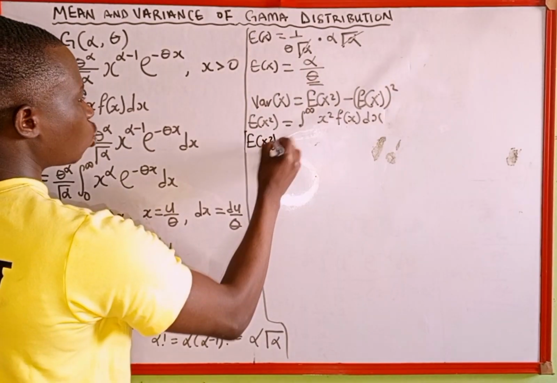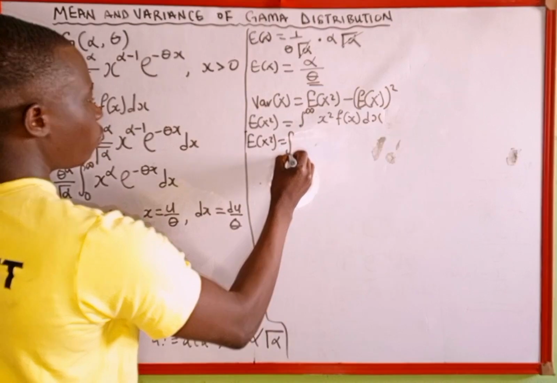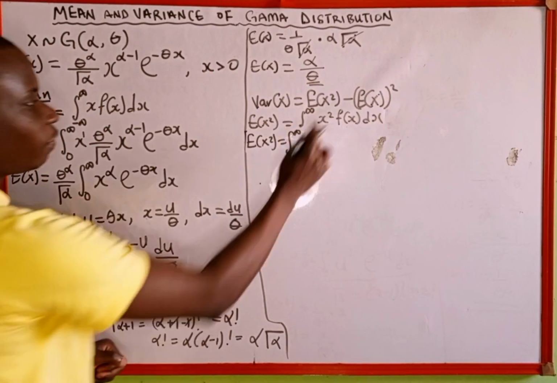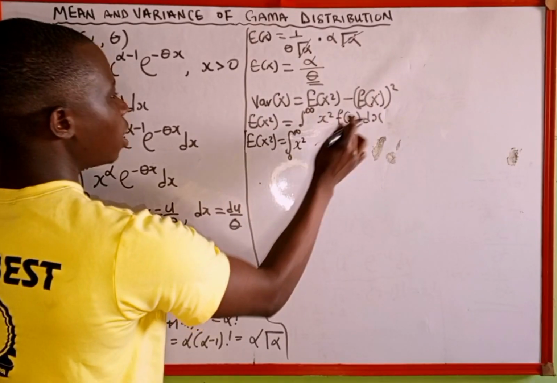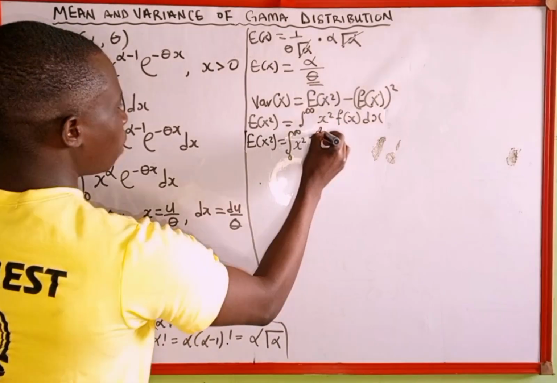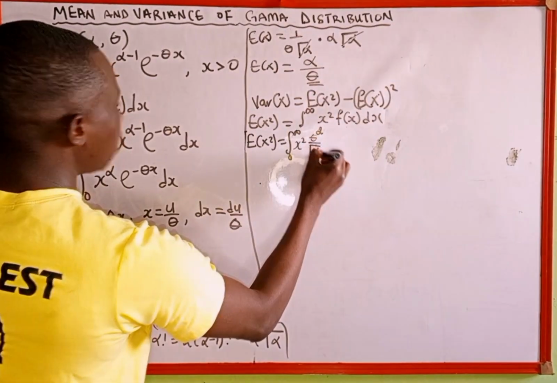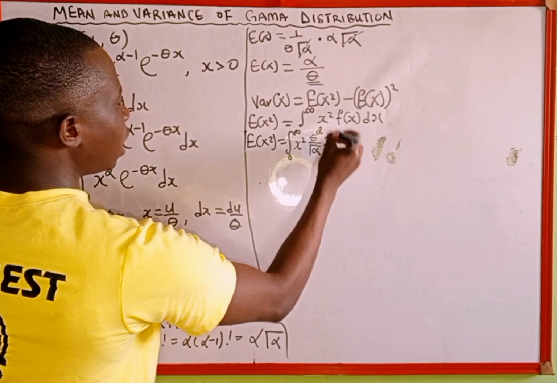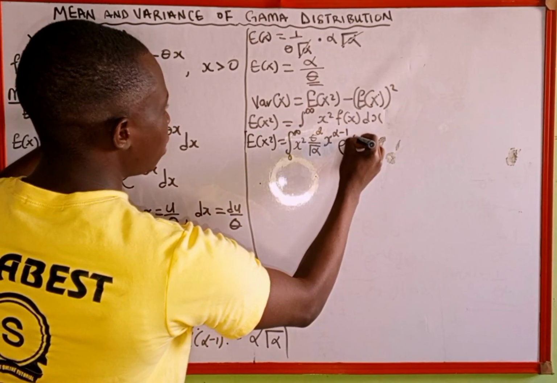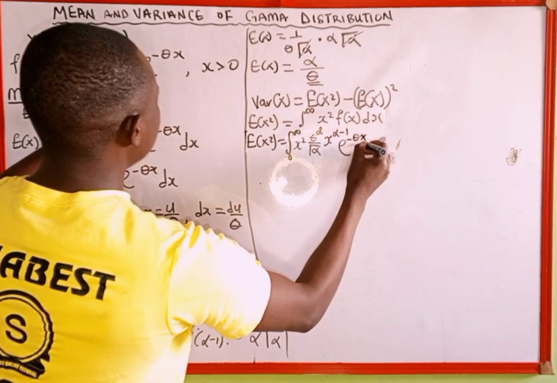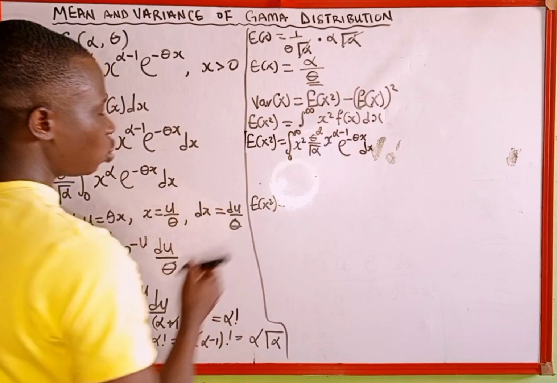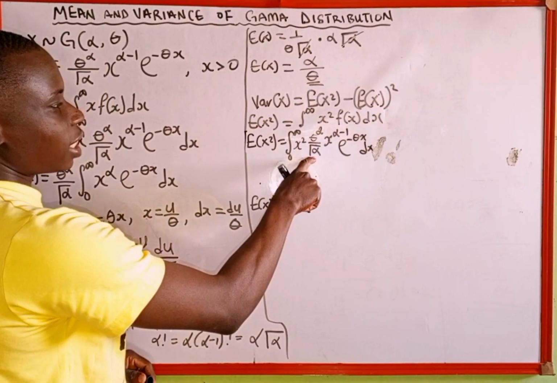Expected value of x squared now will be equal to the integral from 0 to positive infinity. Remember, x is ranging from 0 to positive infinity. Then x squared, then f of x, which is our function: theta raised to the power of alpha all over gamma of alpha multiplied by x to the power of alpha minus 1, then e raised to the power of minus theta x, then the dx. The expected value of x squared now will be equal to, so we are going to take this constant out,